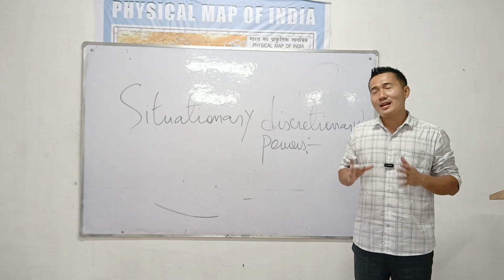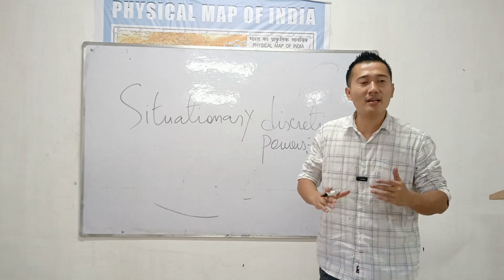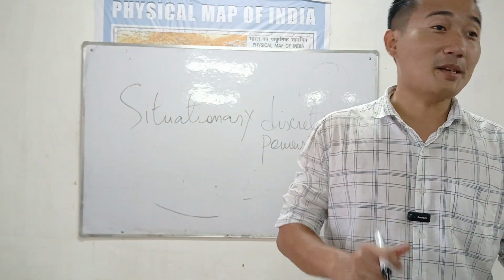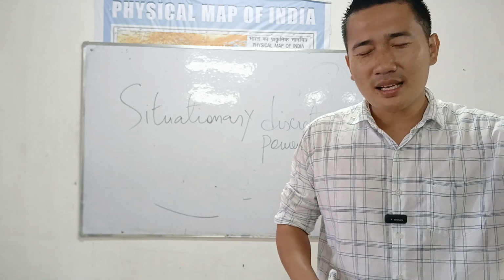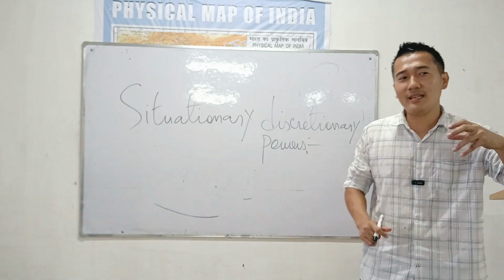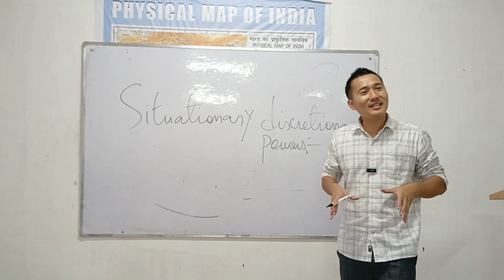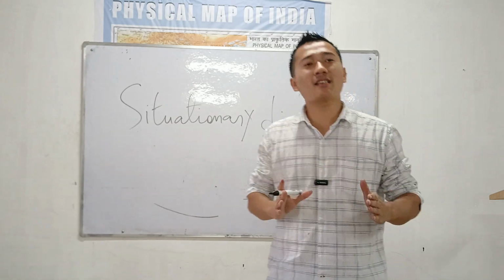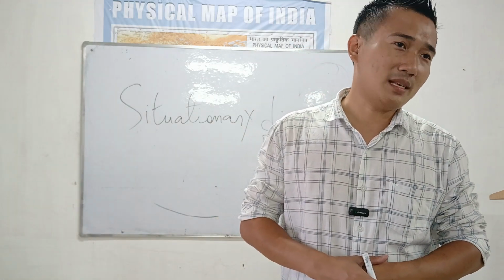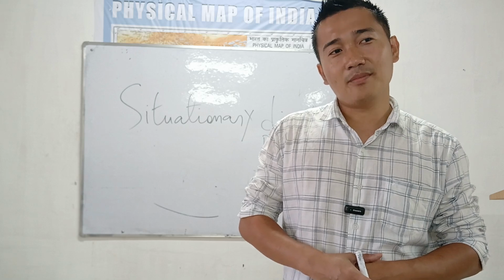All these powers, legislative, executive, financial, judicial powers, are exercised by the Council of Ministers in the name of the President. So I discussed executive, financial, judicial, but all these powers are only in the name of the President. All this power inside the parliament, inside the office, is exercised by the ministers, headed by the Prime Minister. So executive power of the President means executive power of the Prime Minister.